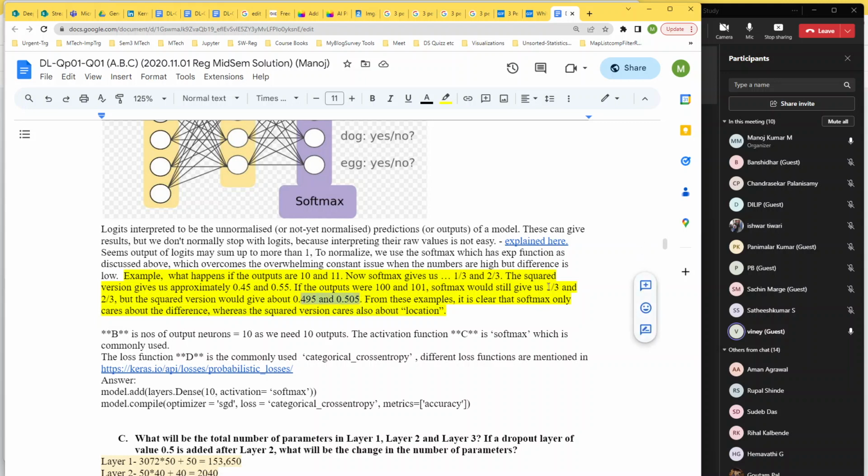Are you getting this one? This is the most important part of it. The outputs 10 and 11 also give us 1 by 3 and 2 by 3. The squared version gives us